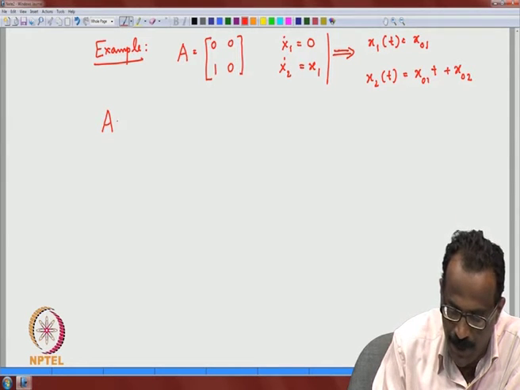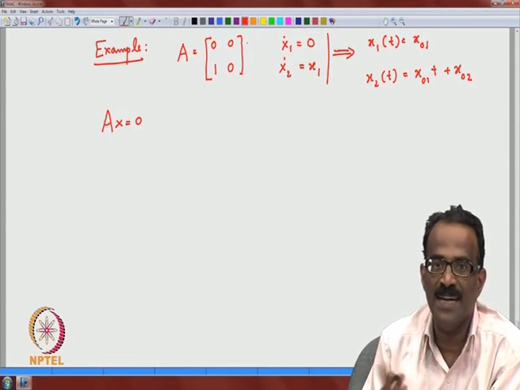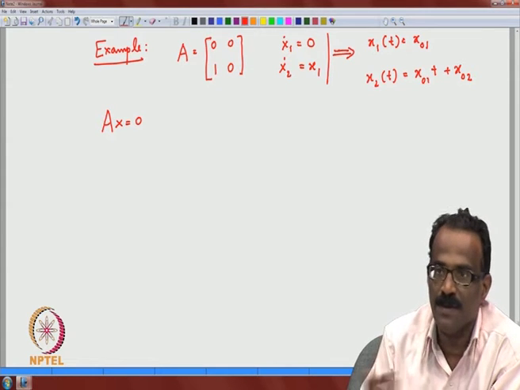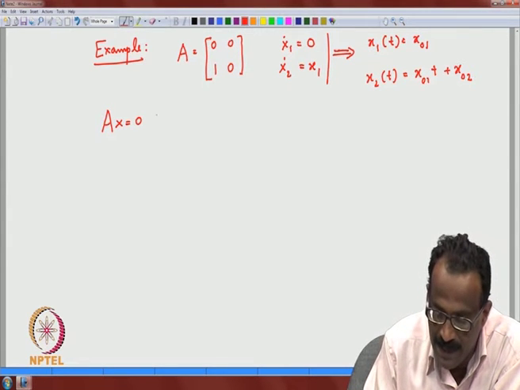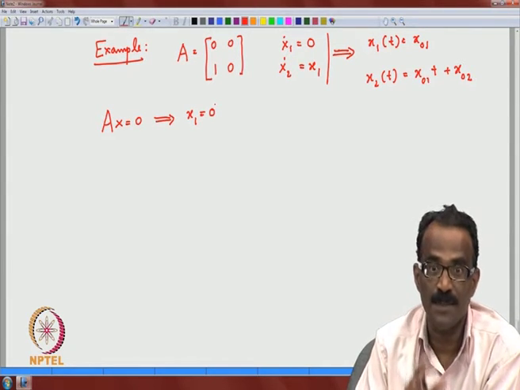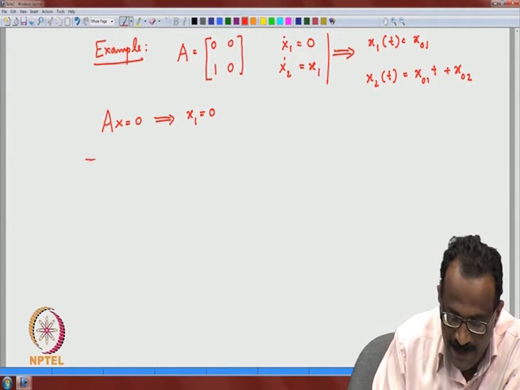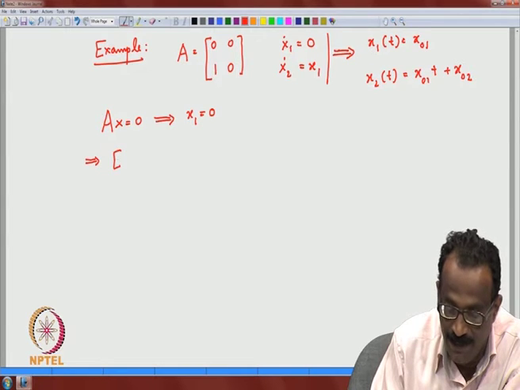If you want to find the equilibrium point, you look at Ax equal to 0. When Ax equal to 0, the first component won't give any information, because 0 equals 0. The second will give you information: the first component is 0. So the first component is 0, second component is arbitrary,